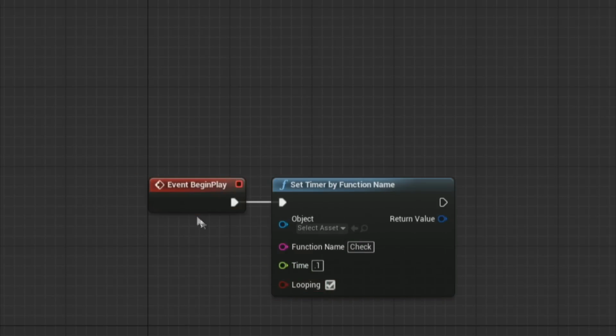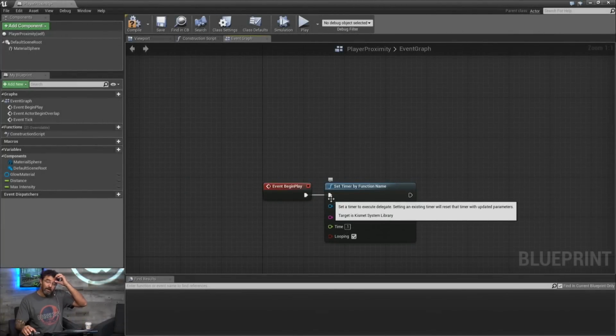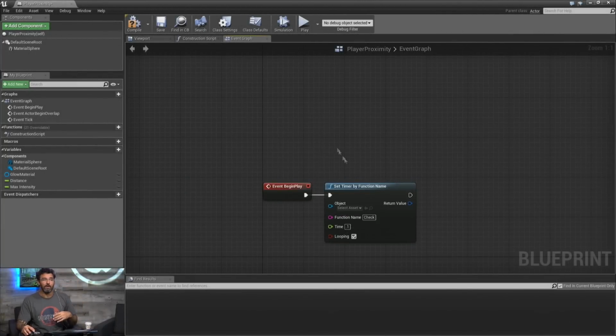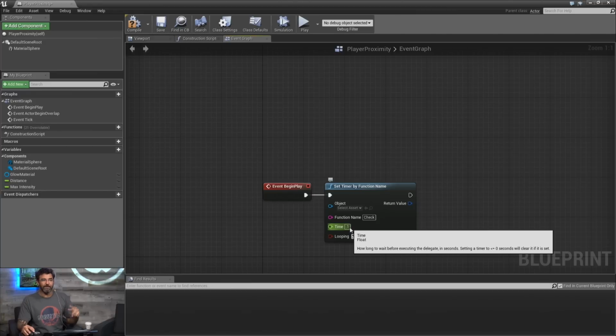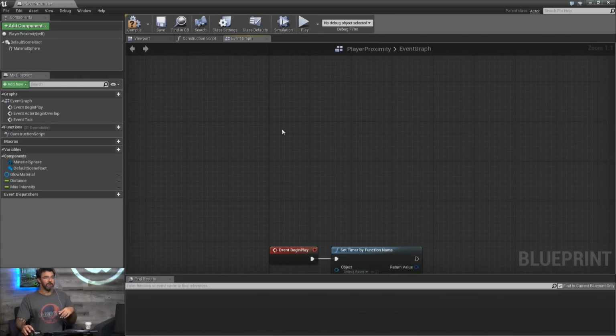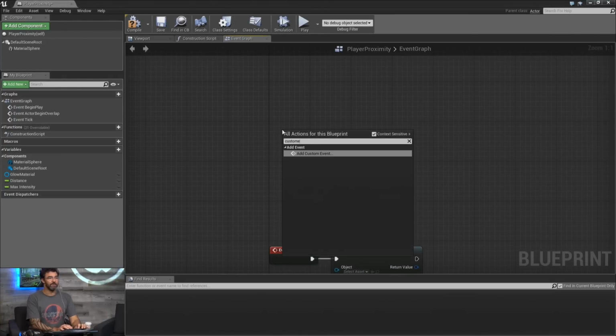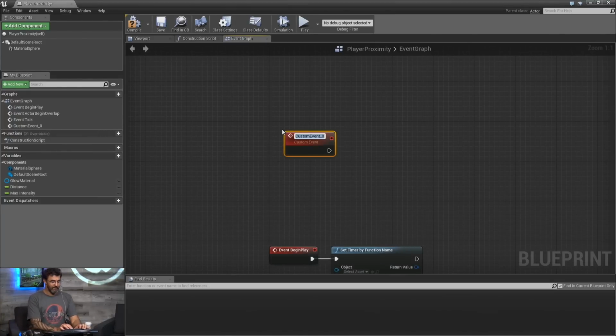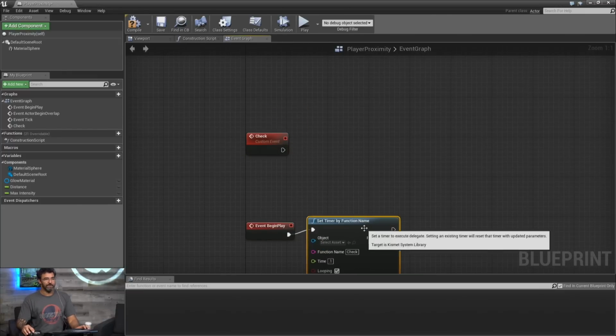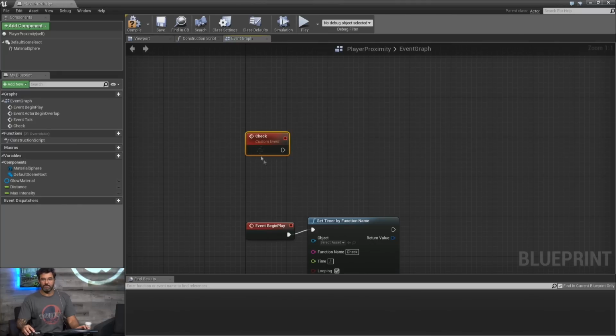So what this timer is doing is it's allowing me to call an event that I'll define in a second, and because it's set to looping with a 1/10 of a second, every 10th of a second it's going to re-execute this event. So we'll create a custom event, and we'll call this check. So now once the game begins, it'll set up this timer. This timer will execute this check event